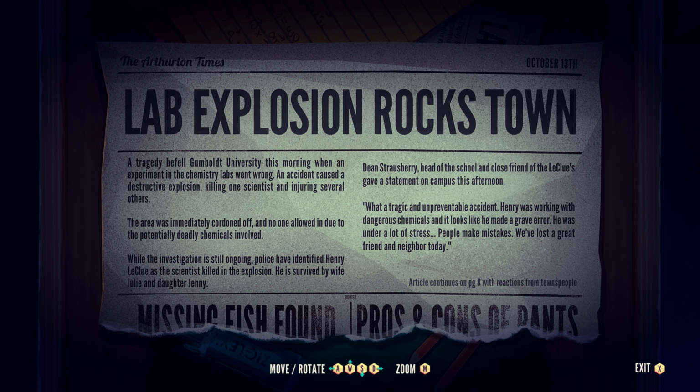That's awfully, yeah, of course it's like that. While the investigation is still ongoing, police have identified Henry LeClue as a scientist killed in an explosion. He is survived by wife Julie and daughter Jenny. Oh, we read earlier survived used in this manner. I've never bumped into that before, but I'm guessing that means he leaves behind the two. Dean